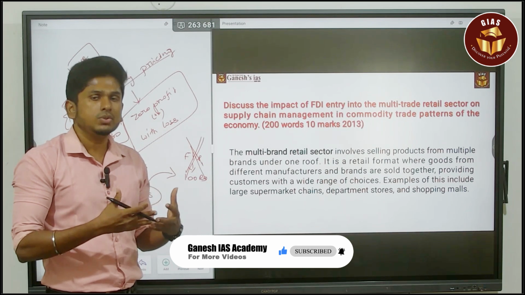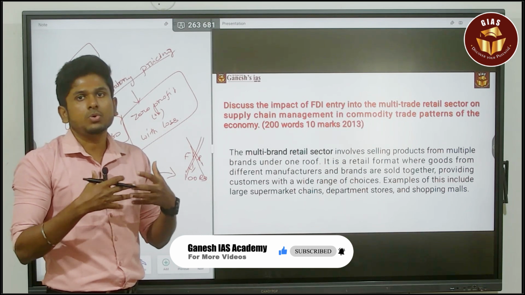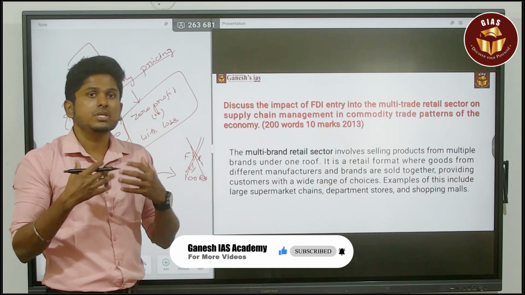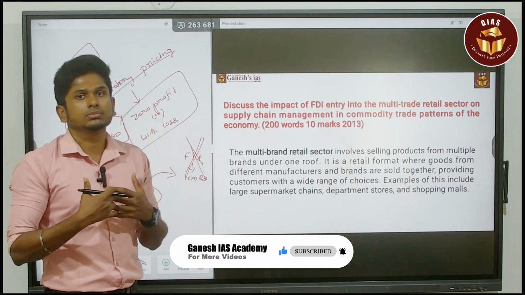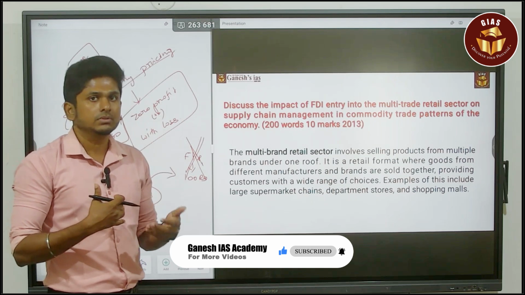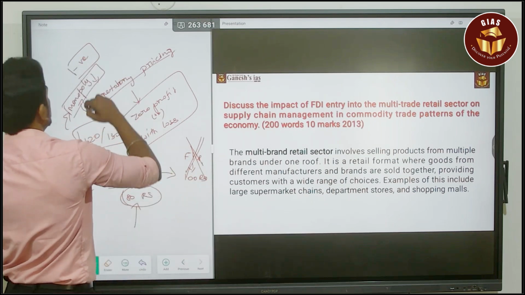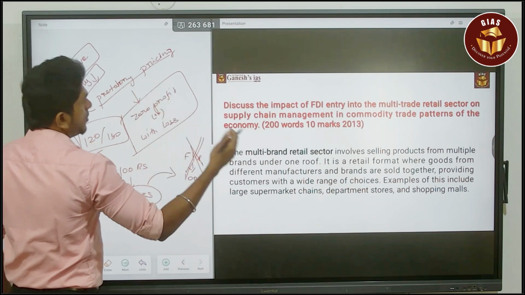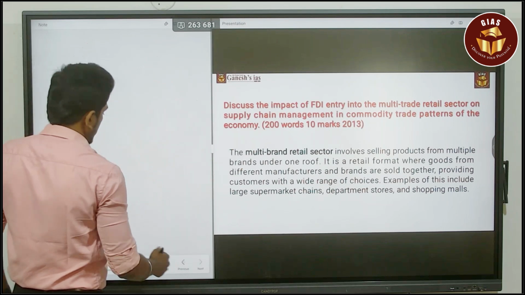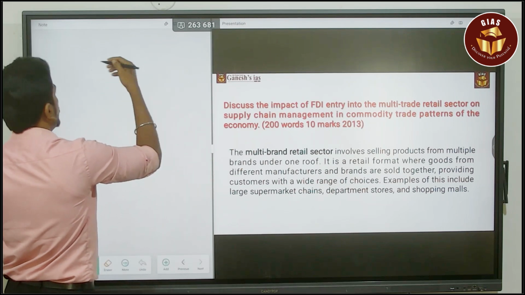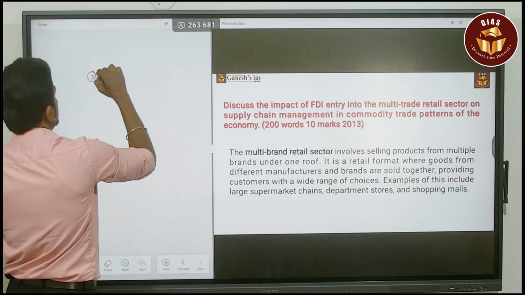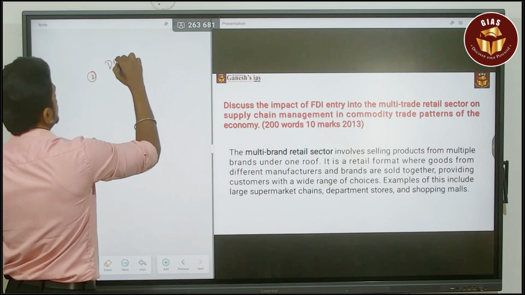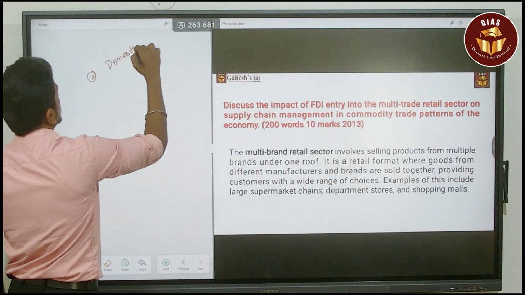By that, they can easily overcome the domestic players and even the major foreign players also. So that is the major issue when it comes to FDI in multi-brand retail sectors: predatory pricing and monopoly. The second major issue is, initially it is going to help the domestic players